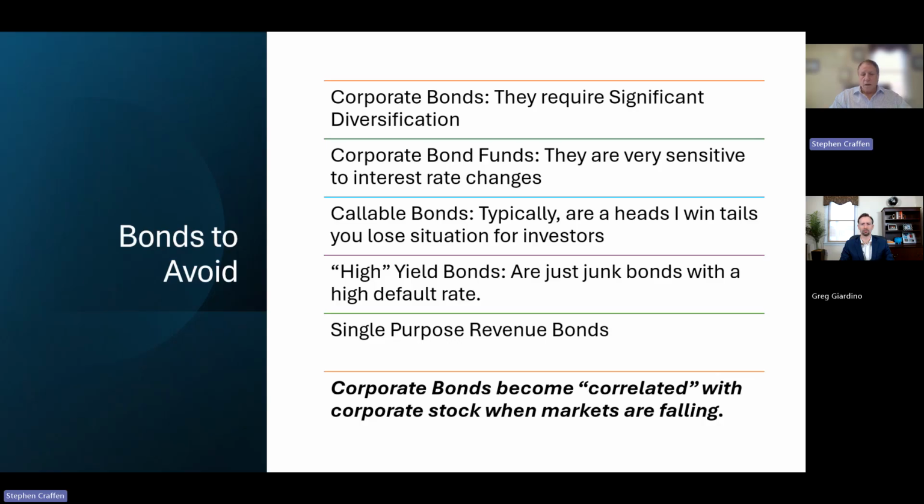if interest rates decline. I mentioned high yield bonds. We definitely do not recommend high yield bonds. They act like company stock. They don't really provide a good reservoir of value. And quite honestly, I would take convertible bonds over high yield bonds any day of the week. You have to consider high yield bonds are not really something that should be considered part of fixed income because of their high risk. And also, I mentioned these single purpose revenue bonds. Those are bonds that generate their revenue from a single project. If it's a project like a sewer system or a water system, a real need that's never going to exhibit a decline in need, that's different. Whereas with a stadium or something like that, you just don't know what can happen.